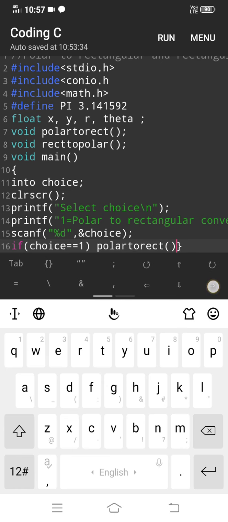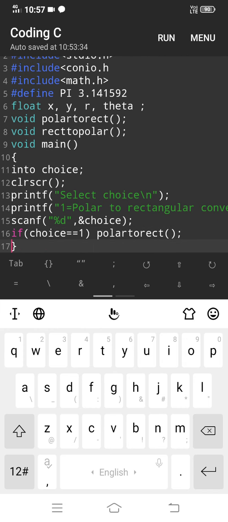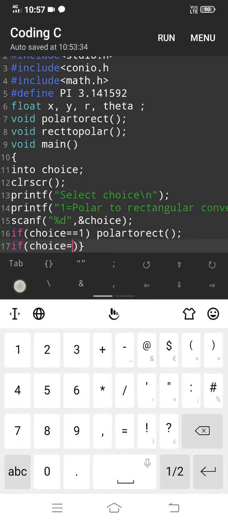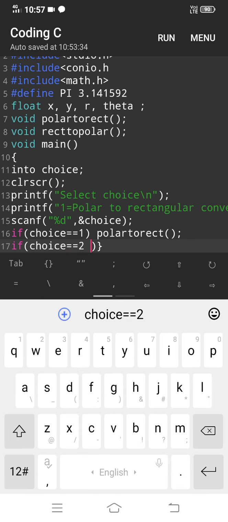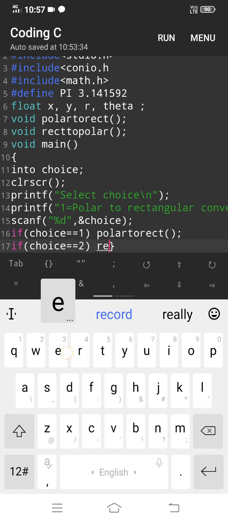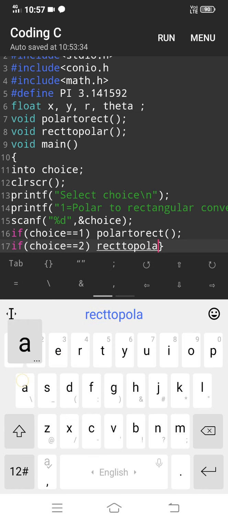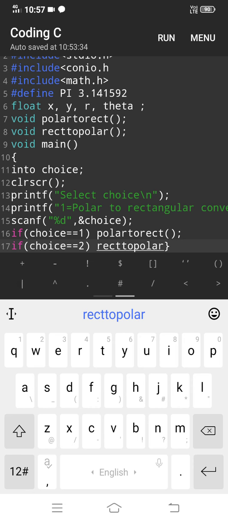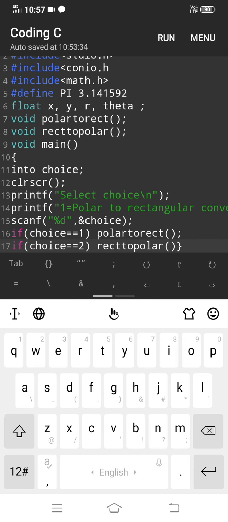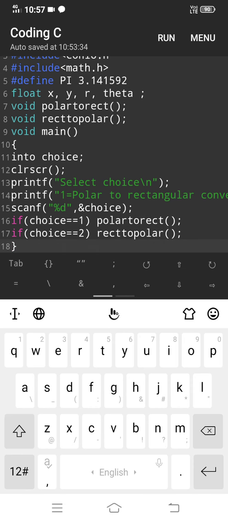Then polar to rectangular: the cursor will go to the subfunction of the source code where the polar to rectangular block is. Next, if choice is equal to 2, then the cursor will go to rectangular to polar conversion, where the source code of the rectangular to polar block exists.